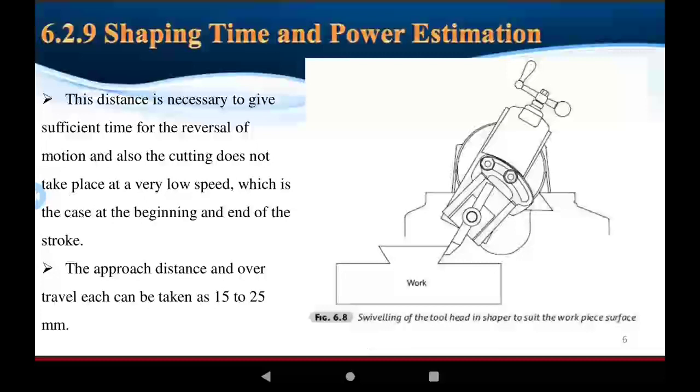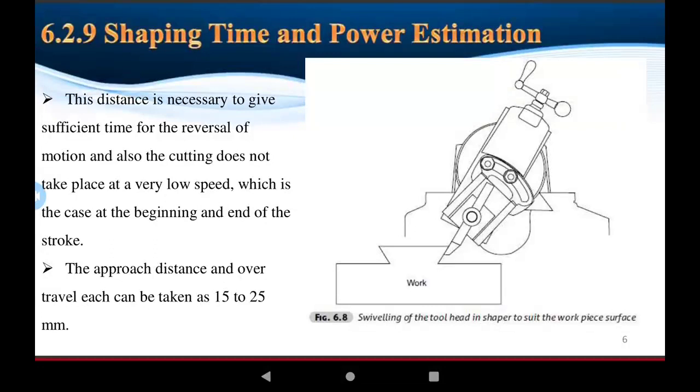The shaping time and power is the continue present. The distance is necessary to give sufficient time for the reversal of motion, and also the cutting does not take place at a very low speed. The cutting tool of the tool stock has reverse positions, the cutting forward stroke and